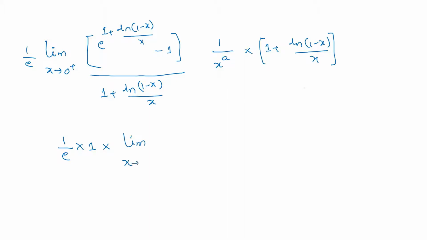Then if I write the limit for the second set of terms, I'm going to get the limit as x tends to 0 plus. So what are the terms that remained here? We have 1 upon x raised to a multiplied with 1 plus ln(1 - x) upon x. So just take the LCM here. We are going to get that one as x plus ln(1 - x) upon x raised to a plus 1. Okay, so now this everything is going to come as 1 upon x. So now we have to concentrate on what will happen to this one. Here we are going to use simple expansion, and from there we are going to interpret the answers. So let's see that one.